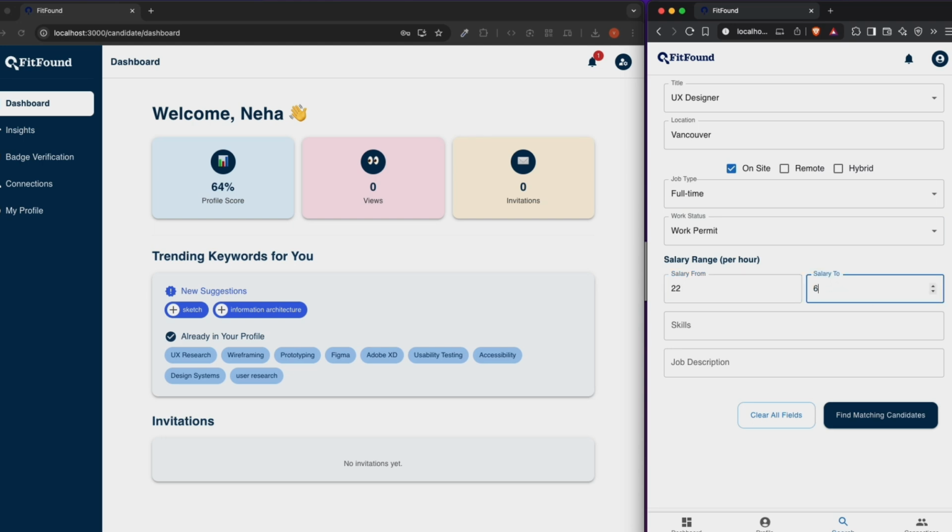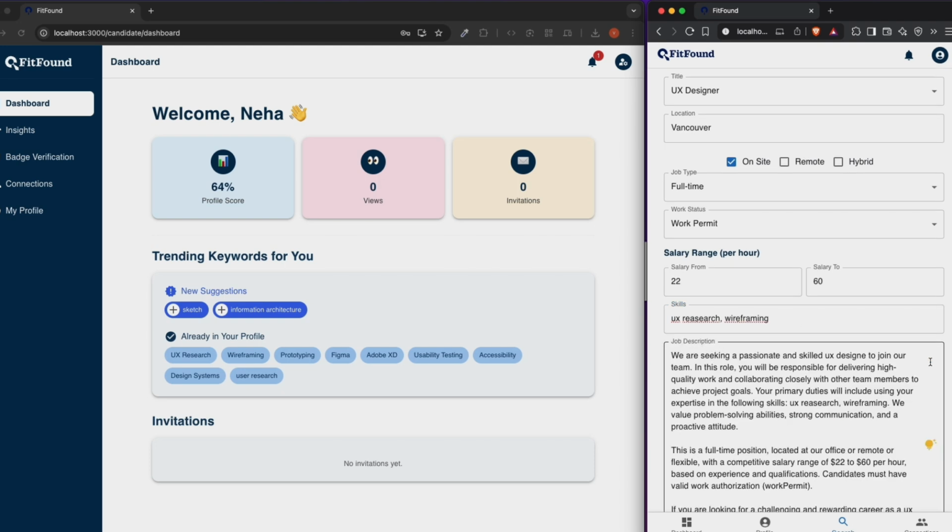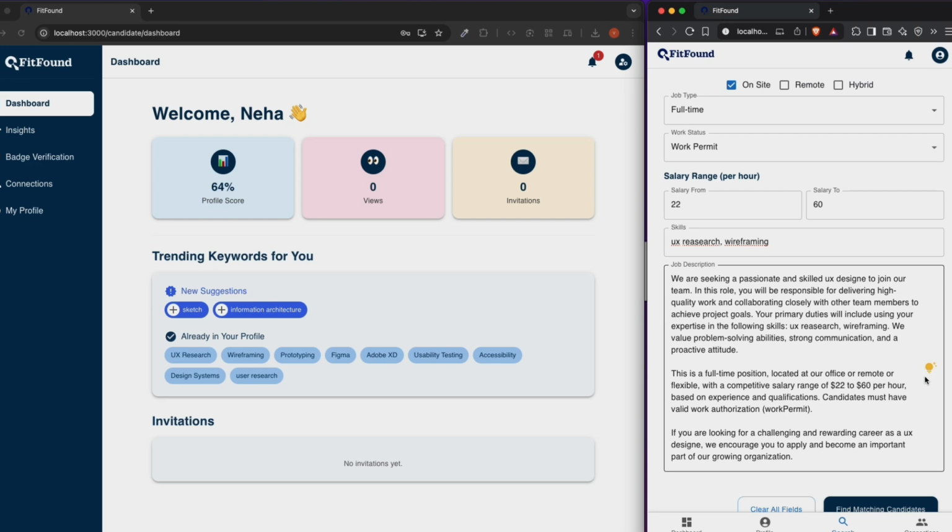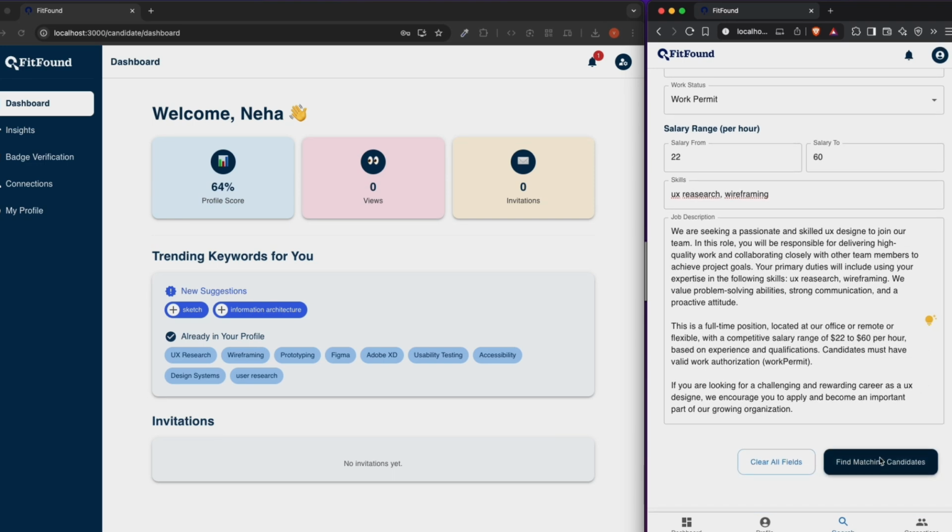We can type the salary from here. We can type the skills, and when all the fields are filled, there will be a suggestion option in the job description. We can just tap that, and it will generate a job description for us, and we can also edit it.